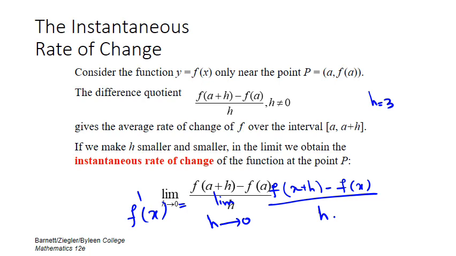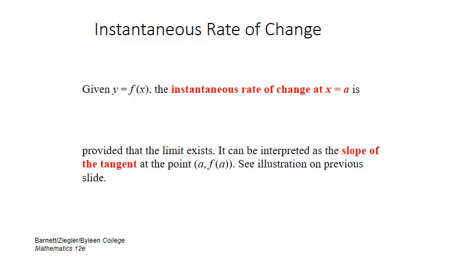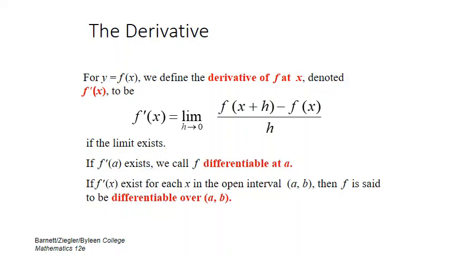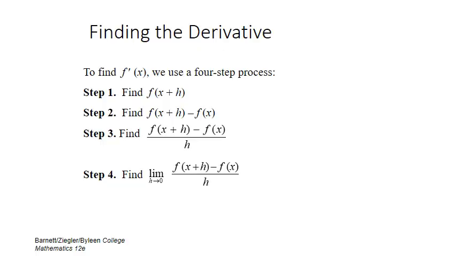Here you can see the definition of derivative: limit h goes to 0 of f of a plus h minus f of a over h. So the instantaneous rate of change at x equals a is given by this definition. Whatever x is, you can substitute it here. I wrote it in general form, with limit h goes to 0, the basic definition. As I said, we denote it by f dash, and sometimes by df by dx. So there are different notations. This is called the definition of derivative.